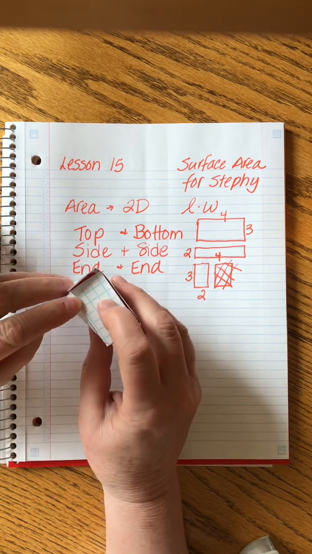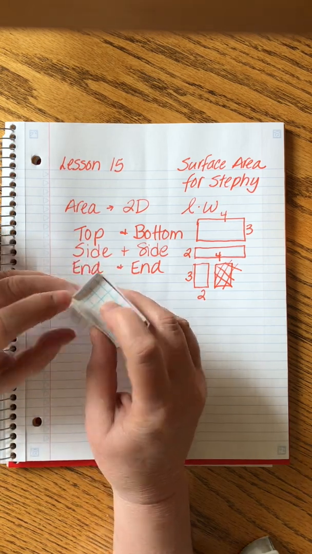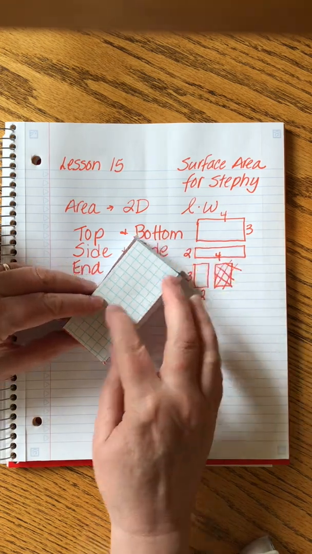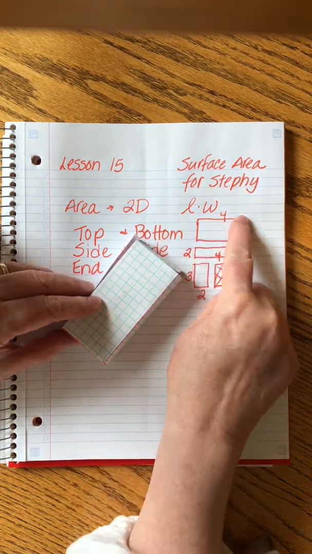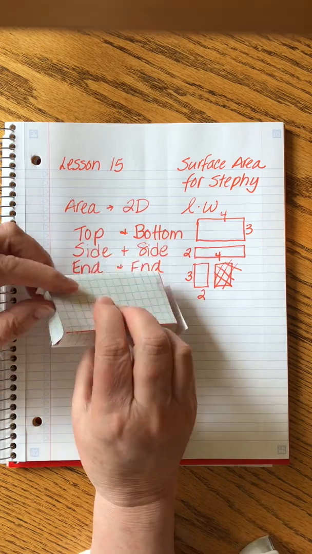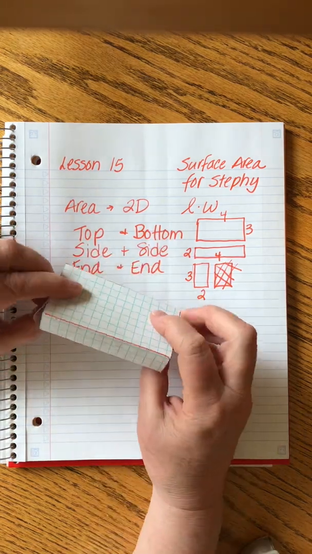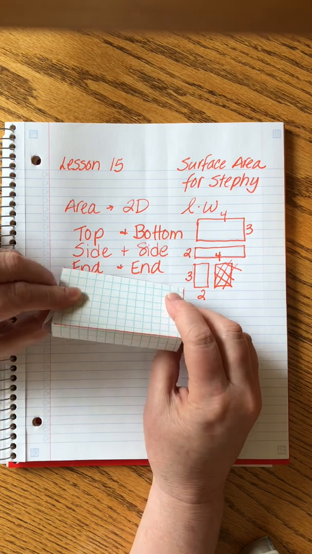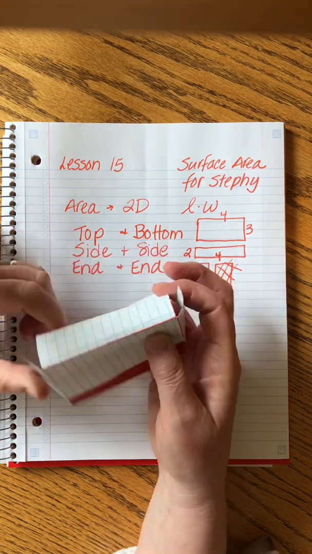Right here, 3. So we'll use it for the end piece, but we'll also use that 3 for this. And that's how I got the numbers onto here. I looked at John's picture and I visualized how they fit on my cube. Again, if you're still feeling confused, what I recommend that you do